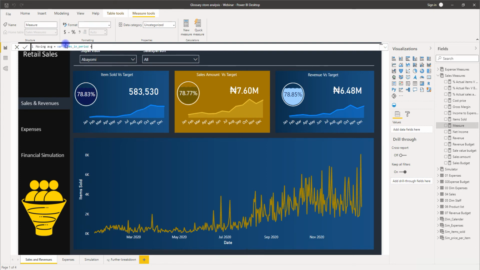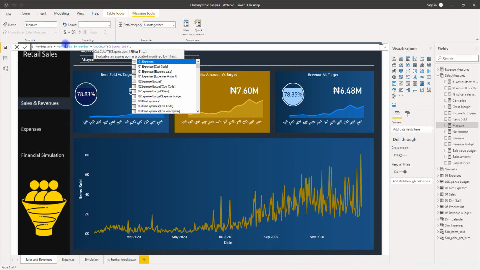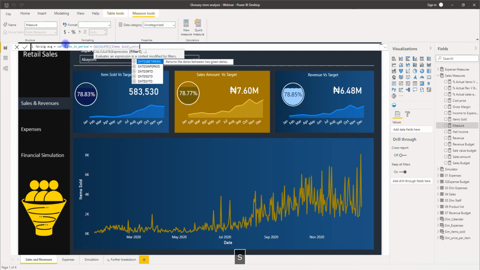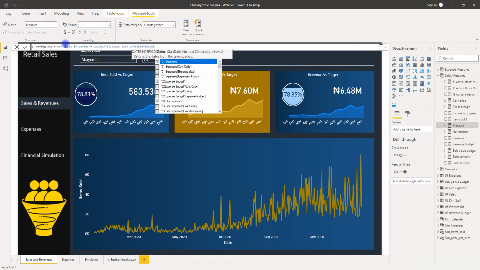That will be equal to CALCULATE our items sold, since we are concerned about items. So our filter will be a formula we call DATESINPERIOD, our dim calendar dates,